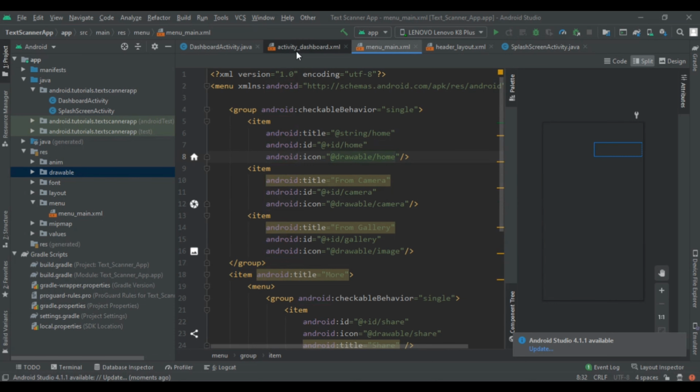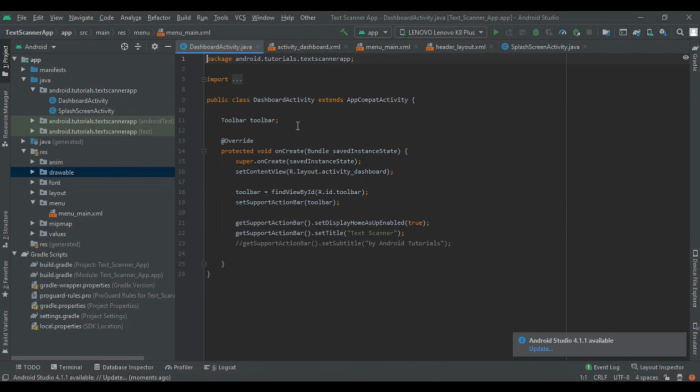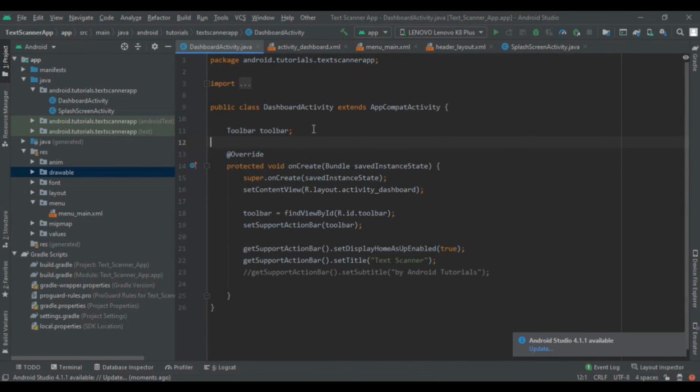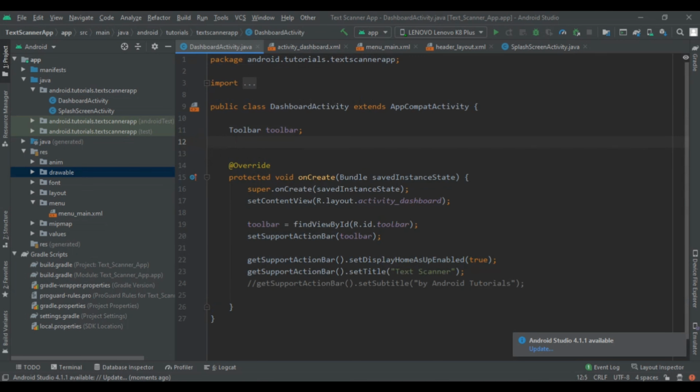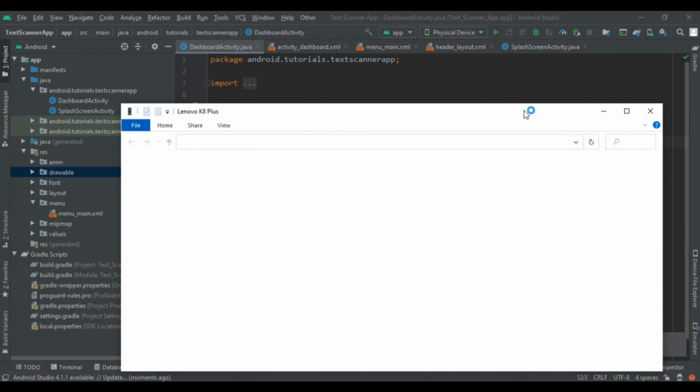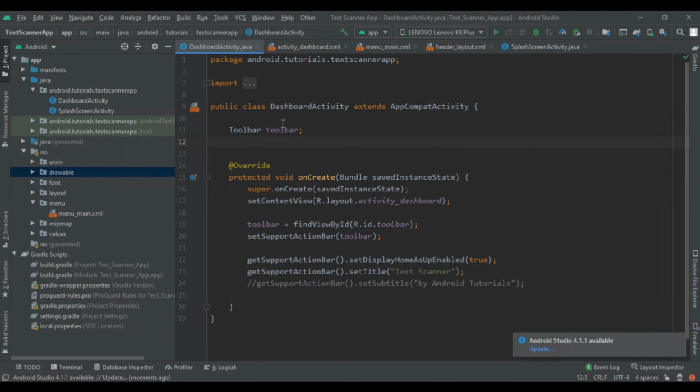Now come on to the dashboard activity. So let me zoom our code. So here is our dashboard activity. Now implement some code here, so we will get the navigation view finally. So till now we had designed our code. Now it's time to implement. So here write drawer layout. So drawer layout will be, just we are writing the default variables.